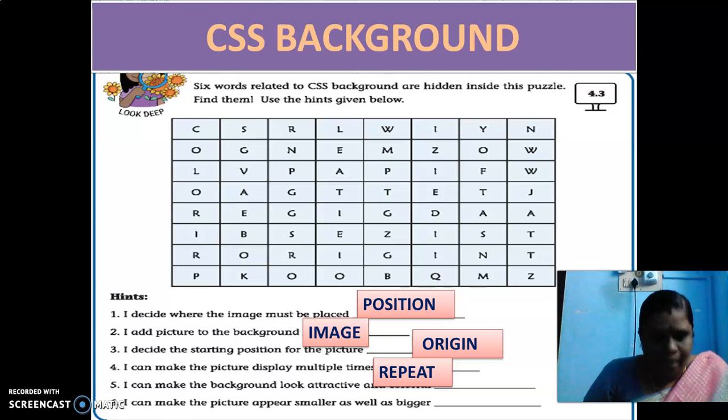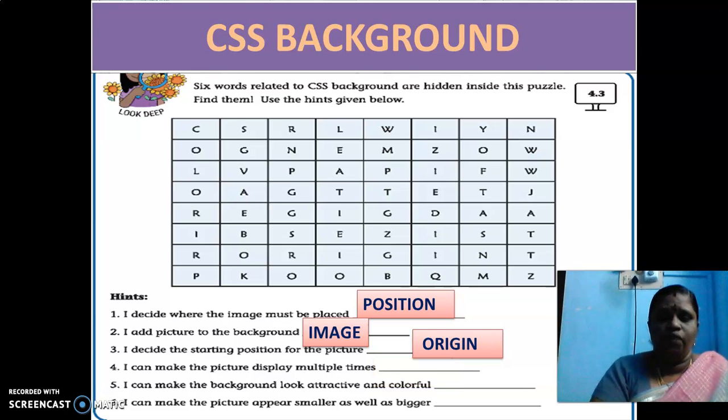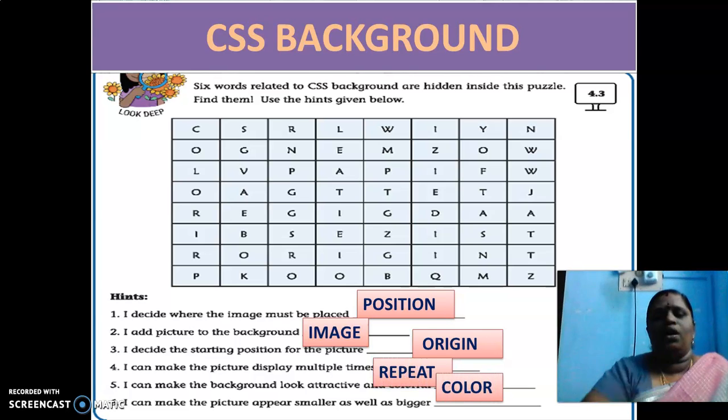The fifth question. I can make the background look attractive and colorful. What is the answer for this? Color. C-O-L-O-R. Color is the answer for the fifth question.